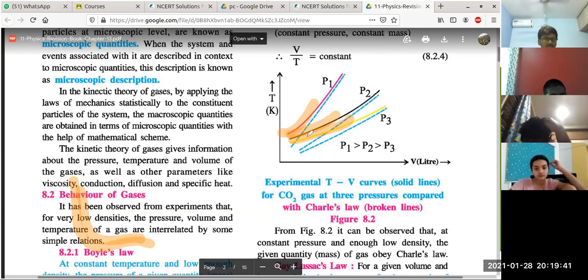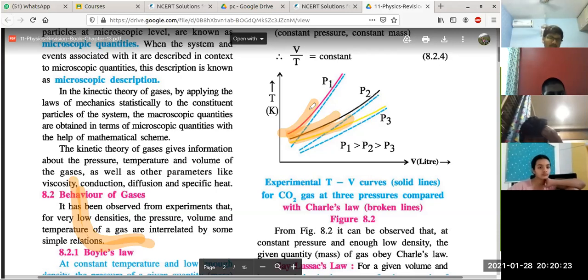What's the difference between a real and ideal gas? Ideal gas is like what it should be, and real gas is what it actually is, how it actually behaves. Ideal means hypothetical, on paper, like theory. Real means practically how it is behaving in reality. No gas is ideal. All gases are real, but some gases at some conditions are very close to ideality. They will show ideal gas behavior.